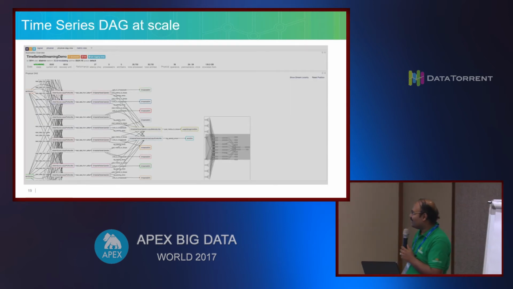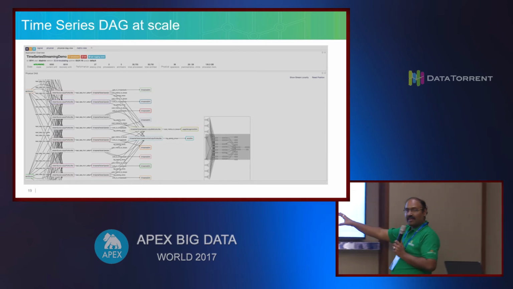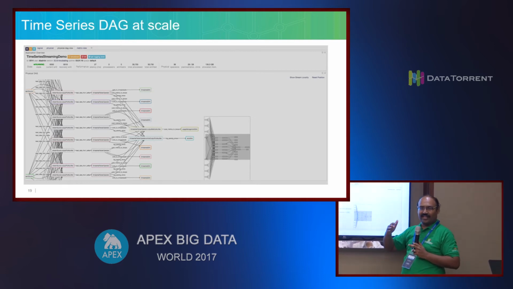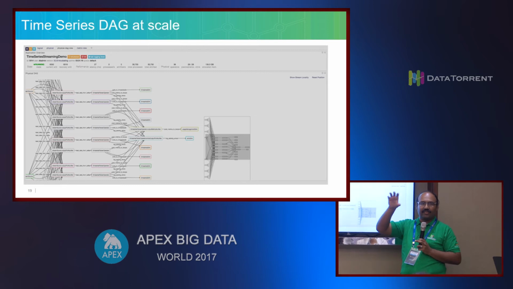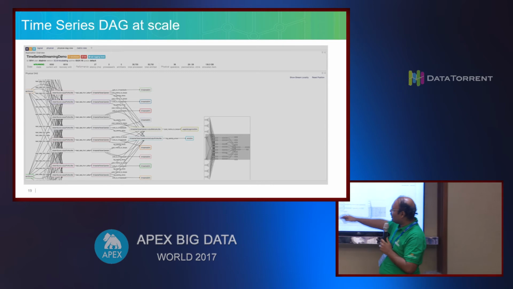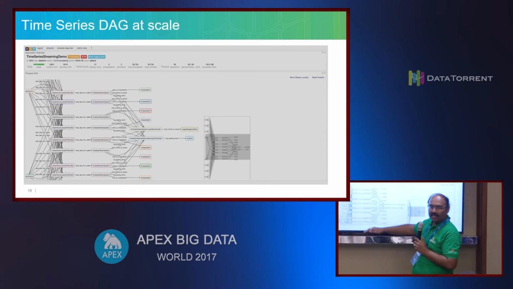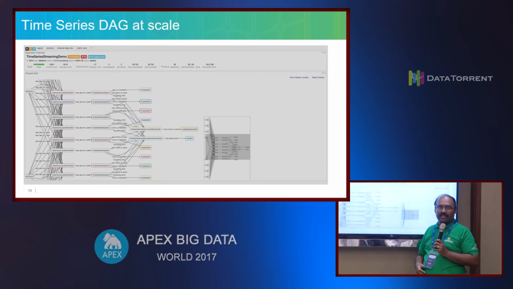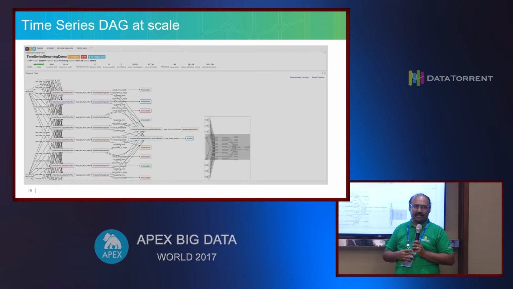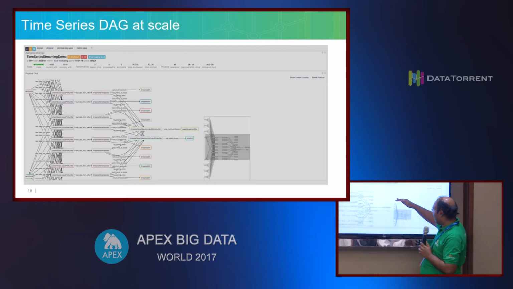And so this is the same application with all the partitions, right? Earlier what I showed you was the functional view of the application, just the different business logic. But actually you can see there are multiple partitions of each stage, because they're processing millions of events per second. So you can see that this is the whole